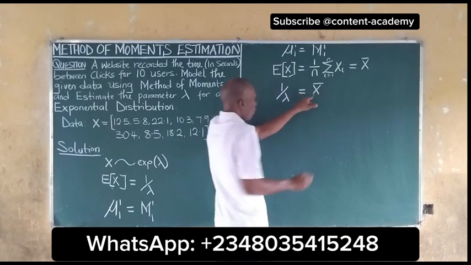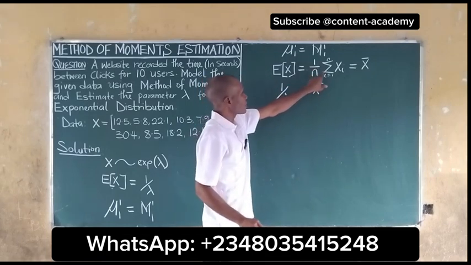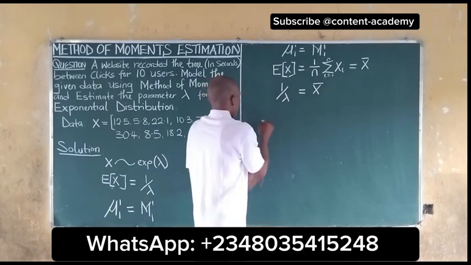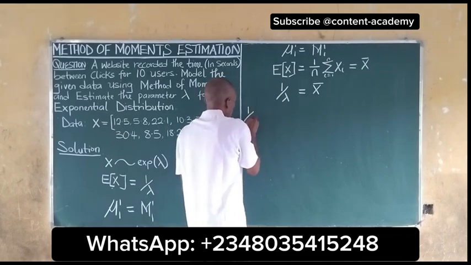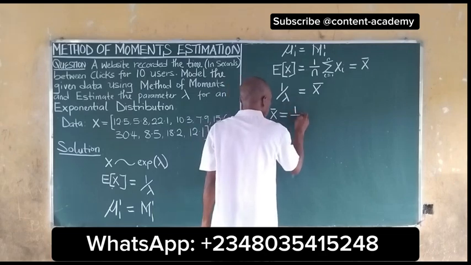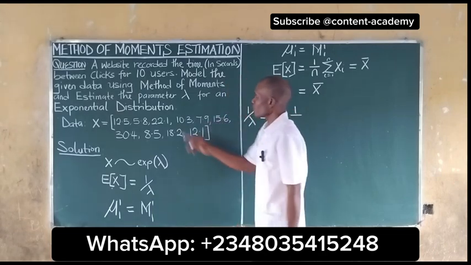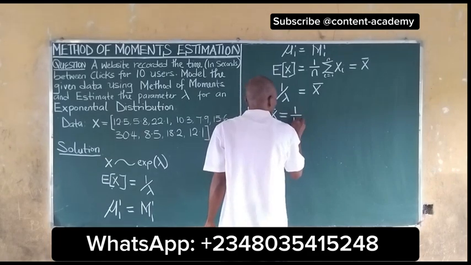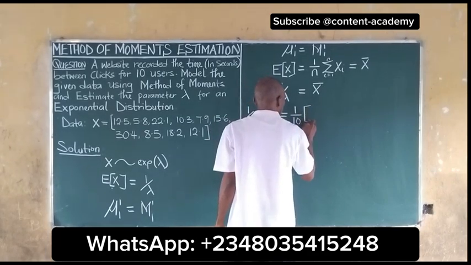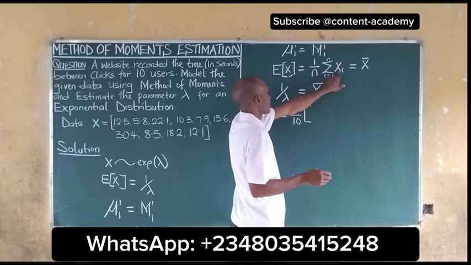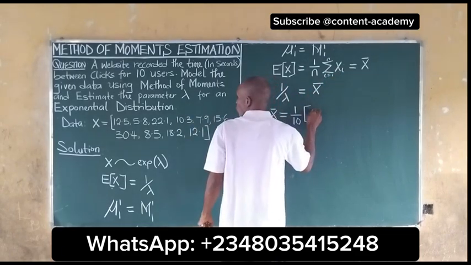Now, what is x bar? X bar is 1 over n summation of xi. Now, we look for x bar, then we compare. So it will mean 1 over lambda will be equal to our x bar, which is equal to 1 over n. What is n? We have 10 users. If we count the data here, it's 10. So we have 1 over 10 times, we'll now add the whole of this, because the summation sign, this is xi value. So we add